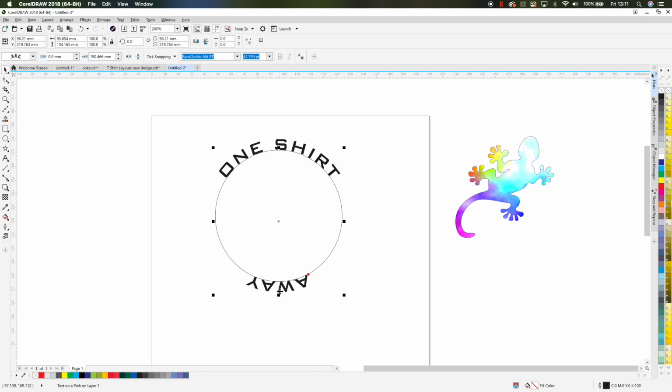Oh no, the text is upside down. So what you need to do then is come back to your transformation tool here, and you're going to select mirror horizontally and mirror text vertically, and that's going to put it there. Perfect. Oh no, it's on the inside. That's quite straightforward. You're going to grab the little red dot and you're going to pull it down underneath.